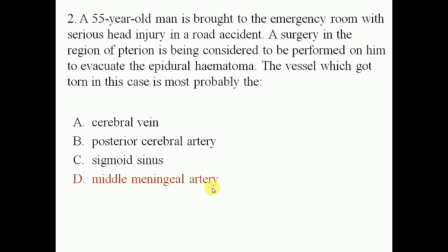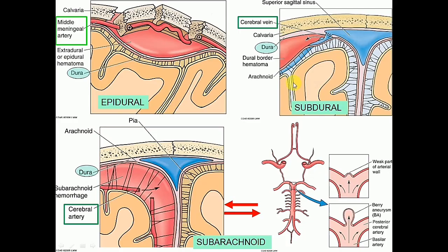Middle meningeal artery. So the hematoma in this case is the epidural, also known as extradural hematoma, in which there is collection of blood outside the dura mater between the dura and the bone of the skull, as we can see here, because of the rupture or the tearing of the middle meningeal artery. So the most common cause of extradural or epidural hematoma is the rupture of middle meningeal artery, which are outside the dura mater. Their course is extradural, close to the bone.